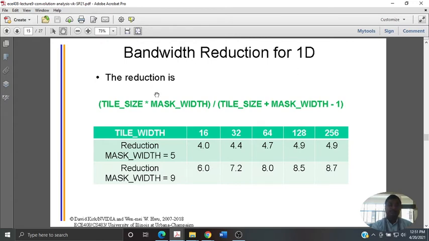Whether you increase the tile width or you increase the mask width, in both scenarios the results are positive. In that sense, you are reducing the memory accesses. What is the con, if I want to make an argument opposite to it? Is it really feasible for you? Because we are neglecting how much shared memory is available on any CUDA device under consideration. So whenever you start considering that, there is a limitation on the number of blocks, because that is what is shared.